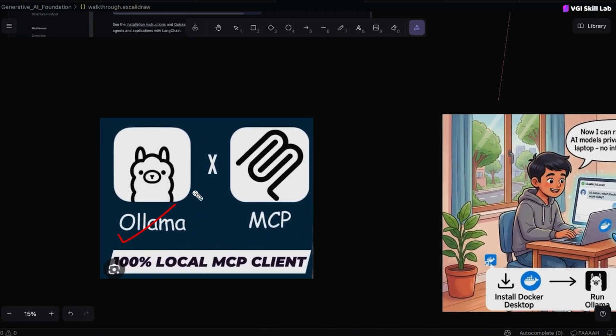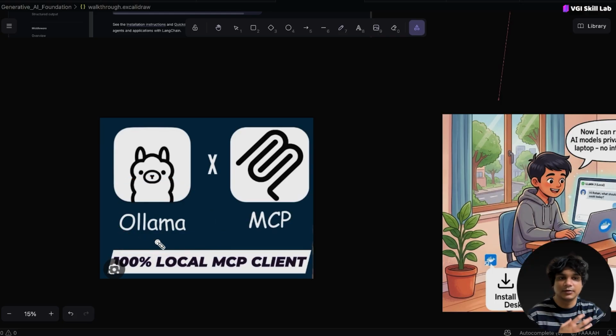Then there is another thing which is called Ollama and MCP. What is Ollama? Ollama helps you to run generative AI models like LLMs, VLMs, SLMs, all these things locally on your system. What is MCP? MCP is the Model Context Protocol, which helps your generative AI model to connect with different sources. When I say different sources, it can be an external API, it can be another tool. Just understand that we are supposed to learn Ollama and MCP as well, so that we can run the generative AI application completely on our system locally.